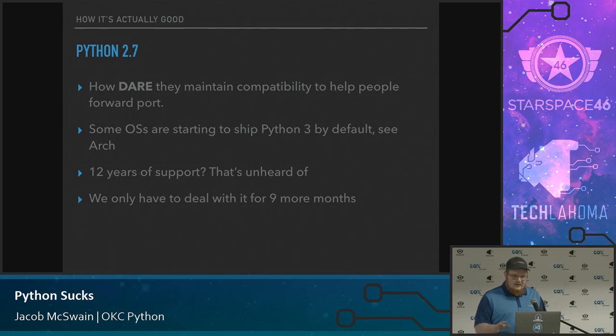I mean, there are some LTS versions like Node.js that still have bug fixes and stuff, but Python, one version for 12 years, it's quite amazing. And we only have to deal with it for 9 more months. It's deprecated in 2020. It's going to be gone. We don't have to deal with it anymore, until Python 4, but